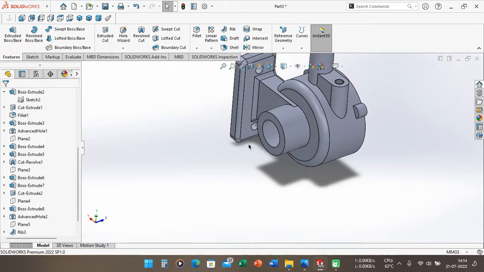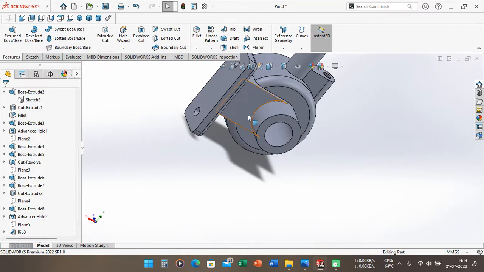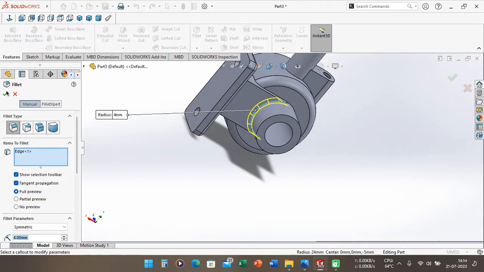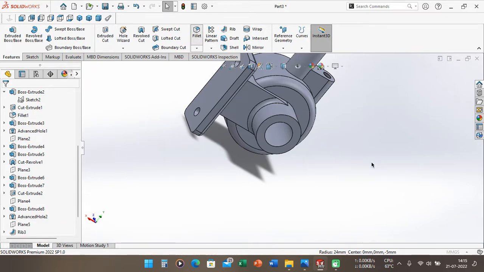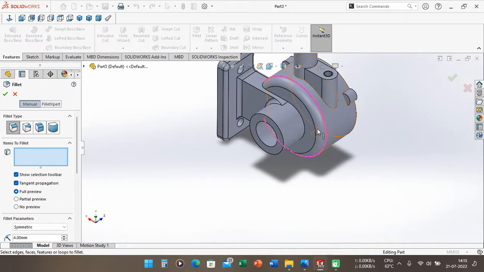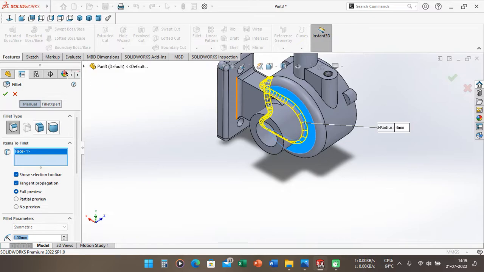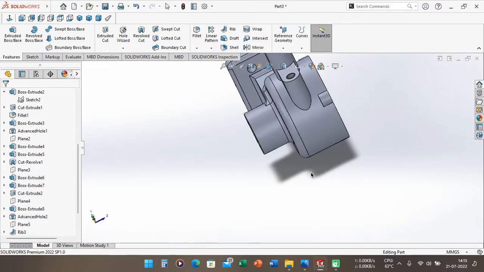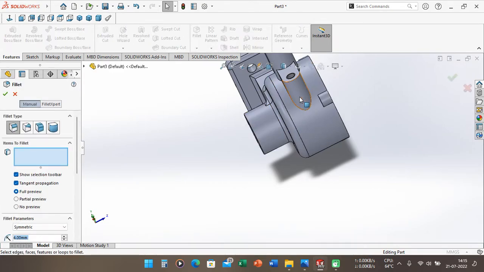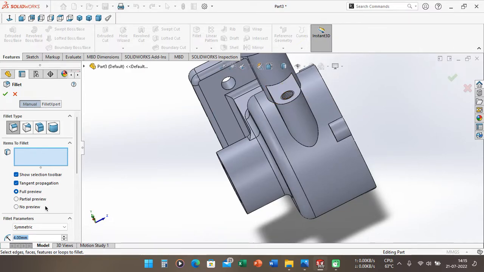So the fillet has been created here, and here 4mm, also 4mm here, and fillet again here 4mm, and two millimeter on here.